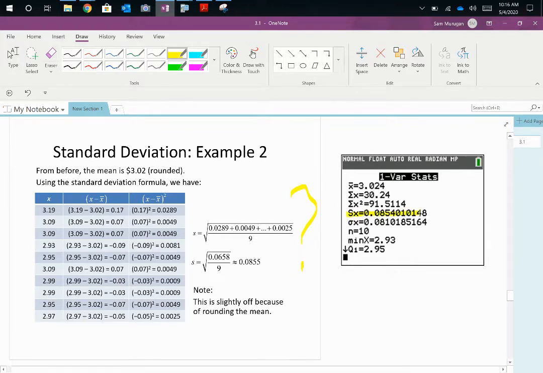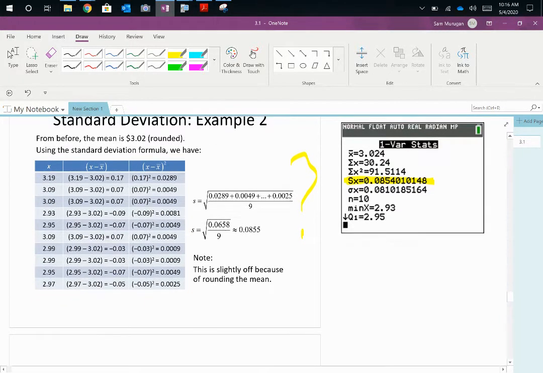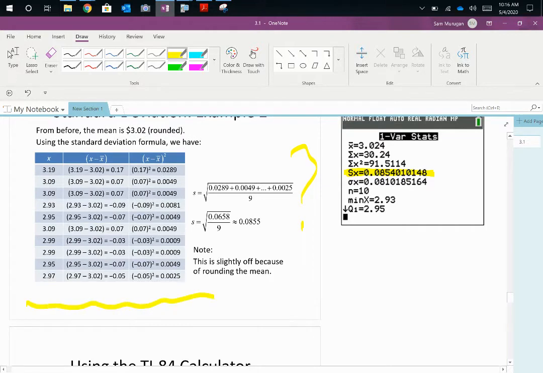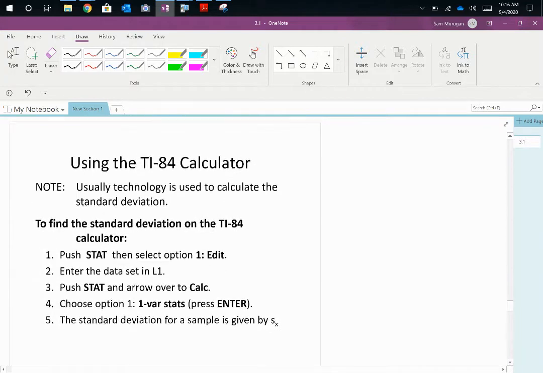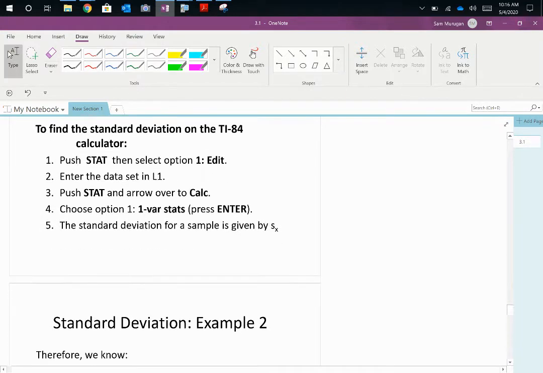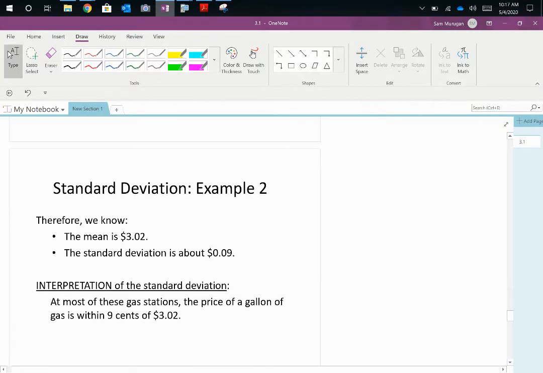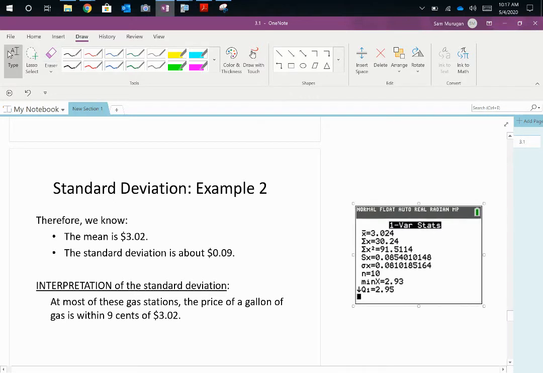The standard deviation is this number, uppercase Sx. Okay, that is the standard deviation. So again, we don't need to go over and do everything again or do all of these computations. That would be such a waste of time. So again, this is the calculator version of it in case you needed to use the calculator. And you know, we rounded to two decimal